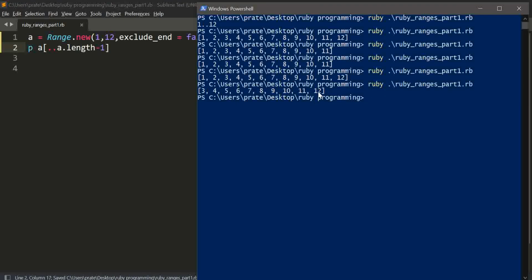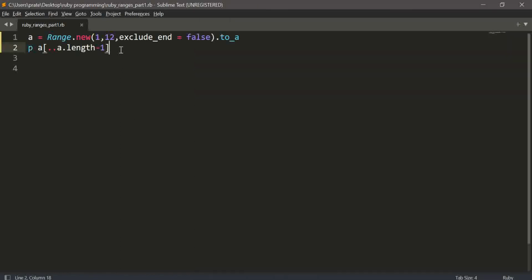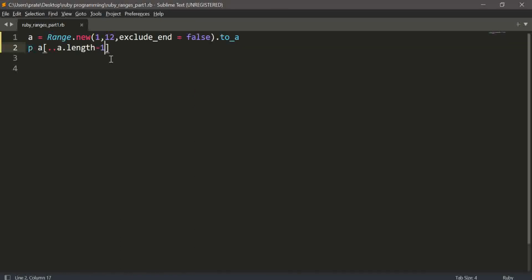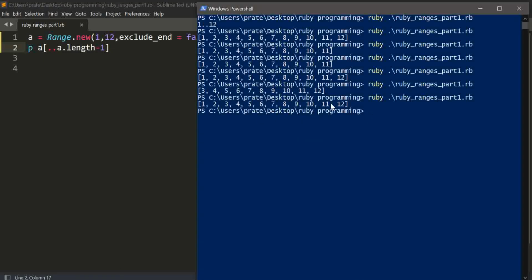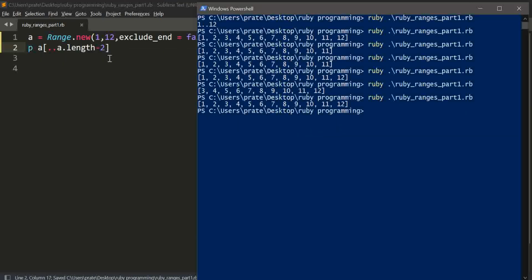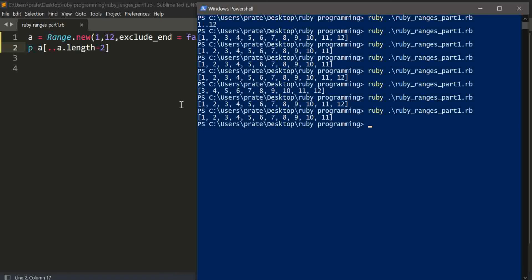The last index will be the length of a minus 1, right? So let's see what I get. We are getting from start to end, and if I want to print only till 11, from 1 to 11, then I will do something like this. So it is printed from 1 to 11.